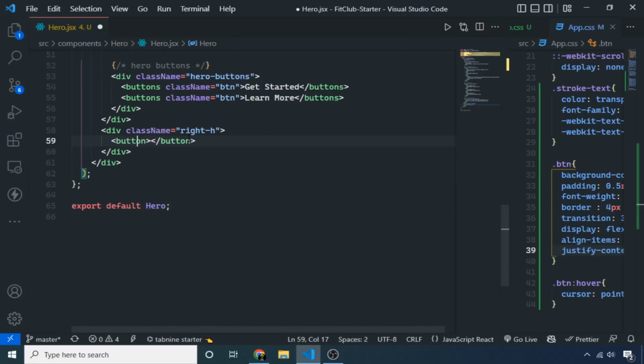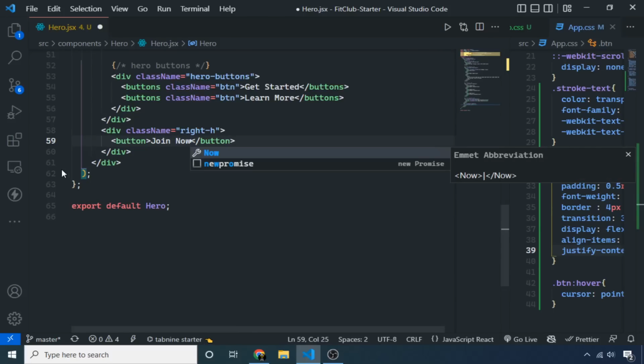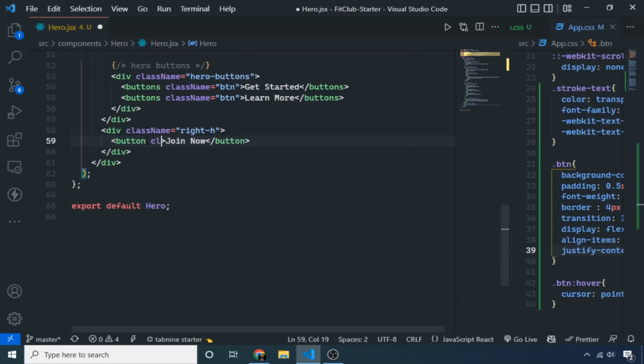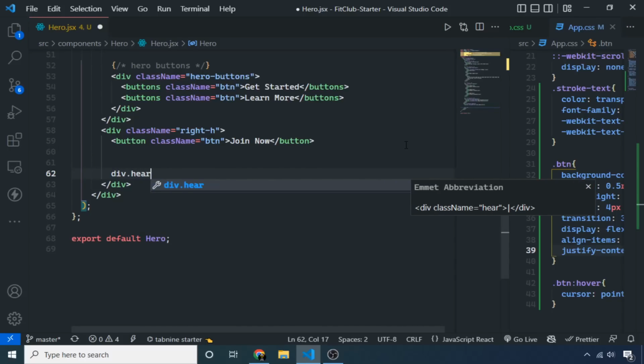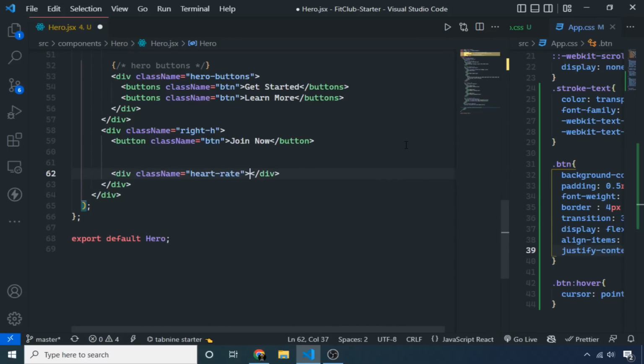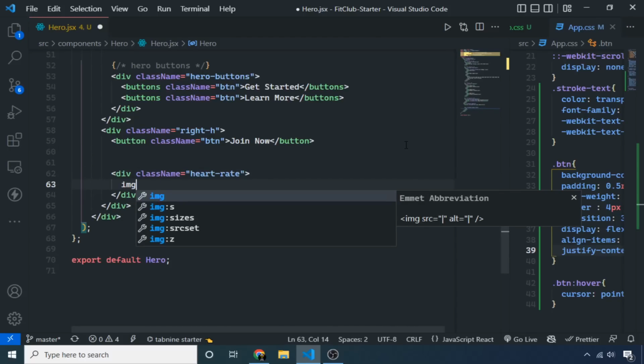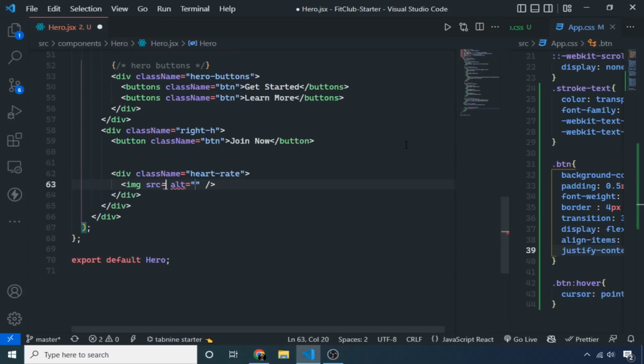First of all, make a button, and the button is saying join now. Of course, I have to give it a class name of button, so it can achieve all the stylings. I have to make a div for showing the heart rate. Therefore, I am making a div with the class name of heart rate. Inside this, first of all, I will use an image. The source of the image will